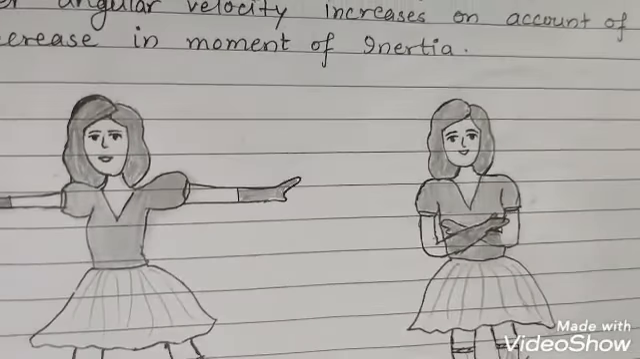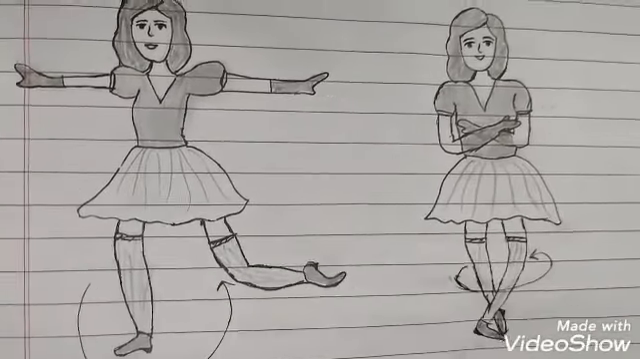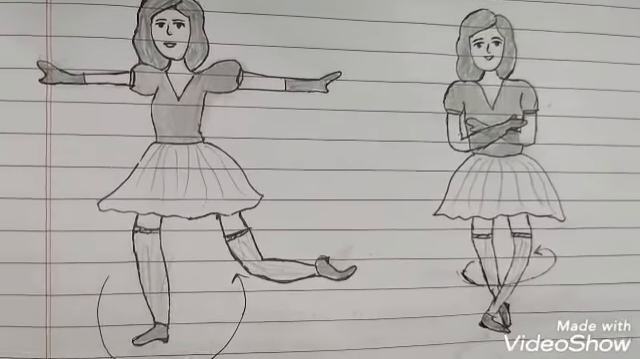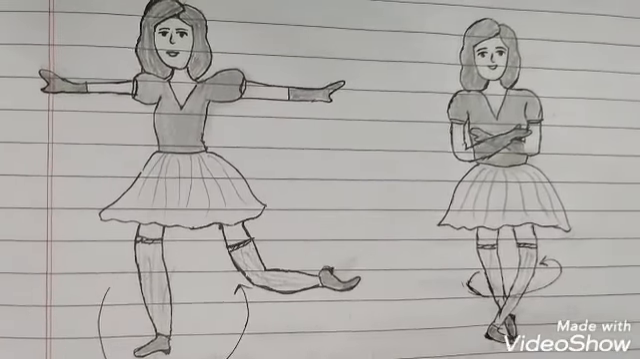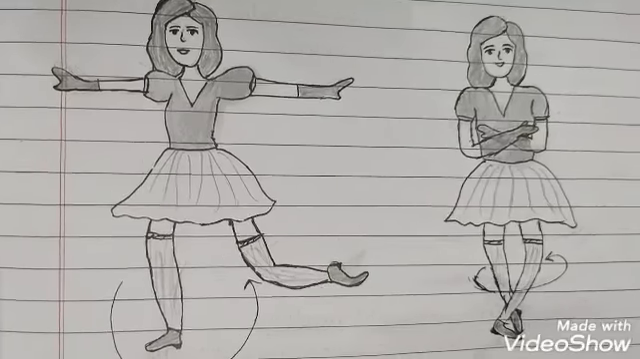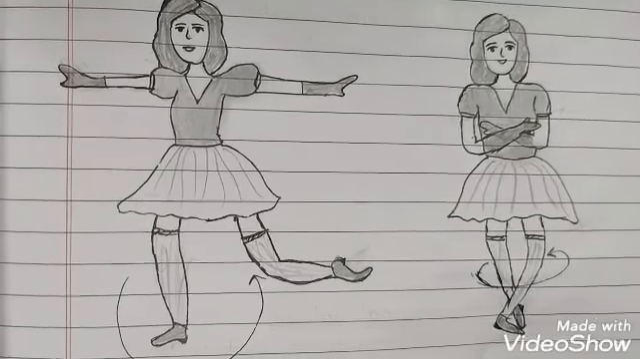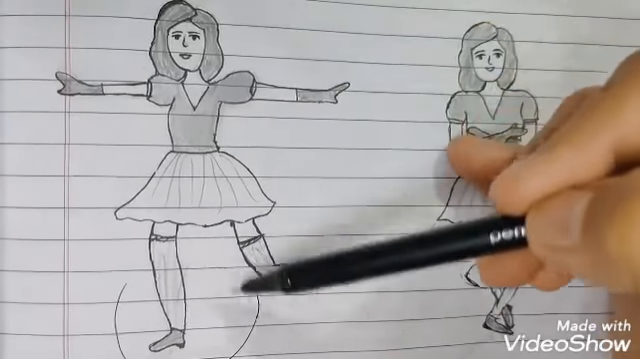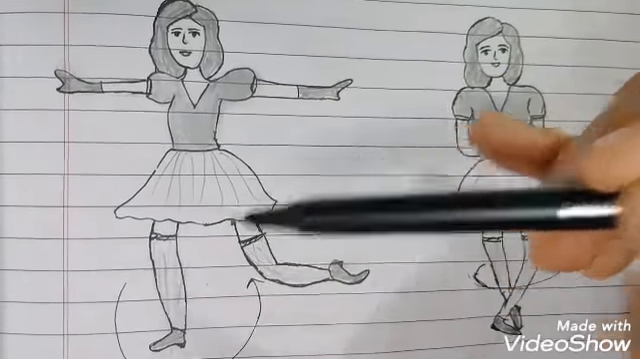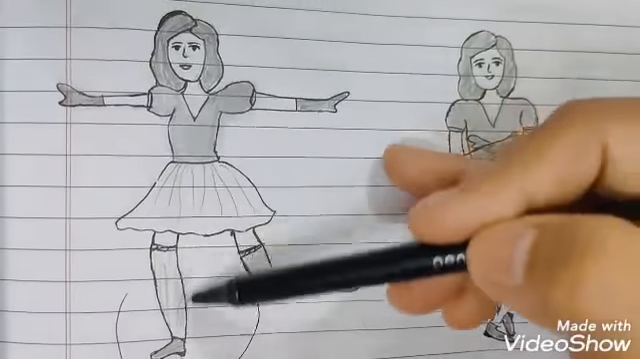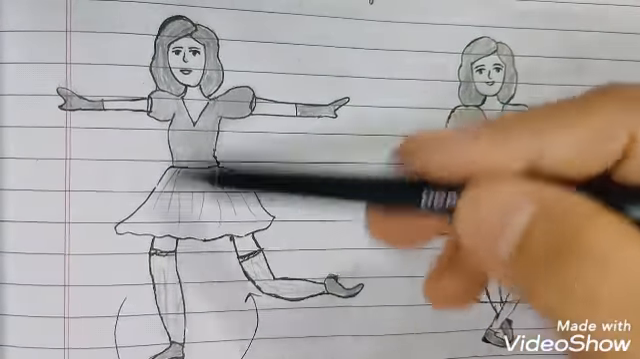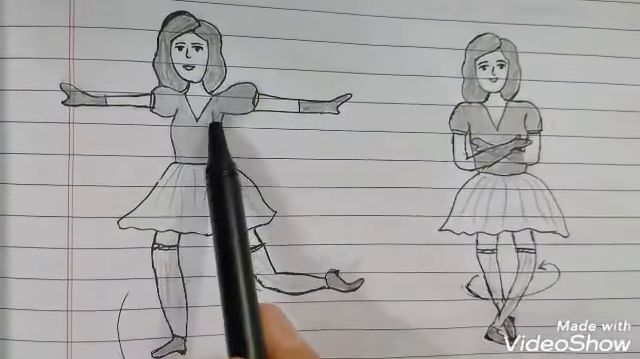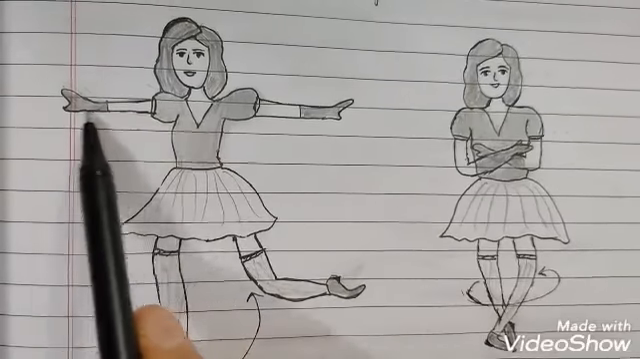You can see here, a ballet dancer can increase and decrease her angular velocity by outstretching her arms or folding them. For example, you will see here this girl when she is outstretching her arms and legs. So this is the rotational axis, and from the rotational axis this distance, the distance of the mass,